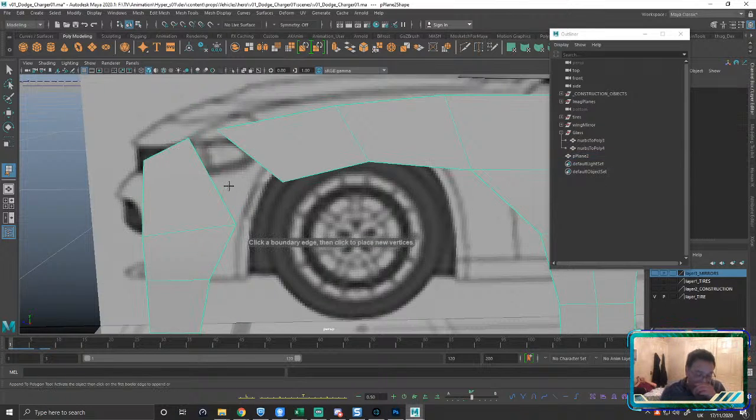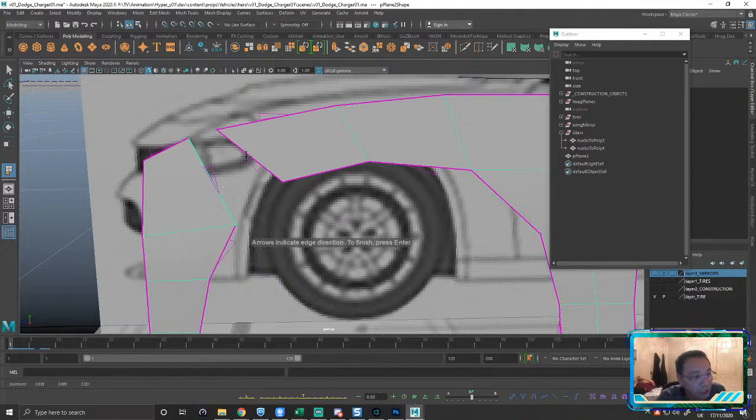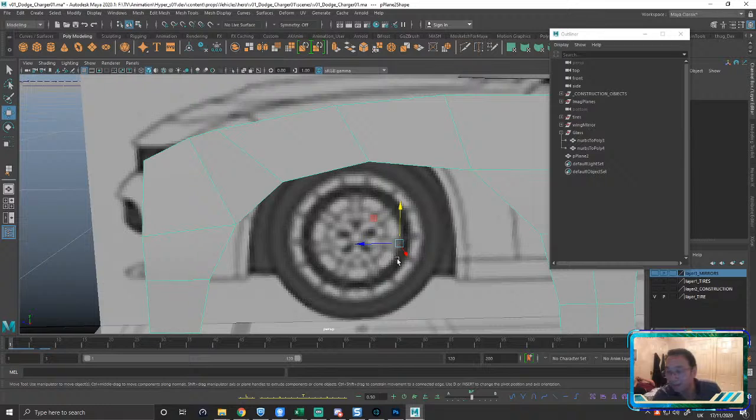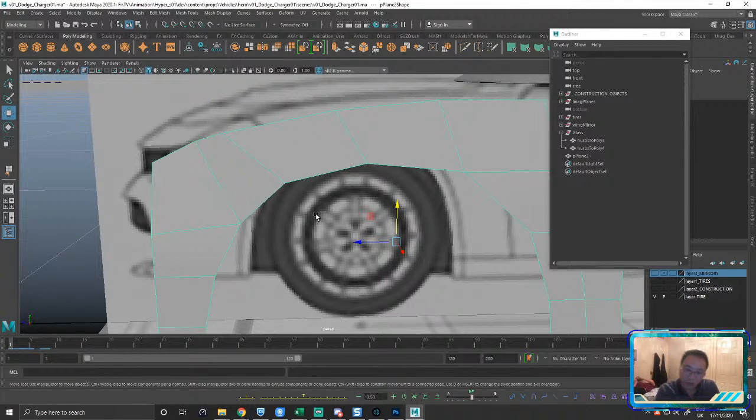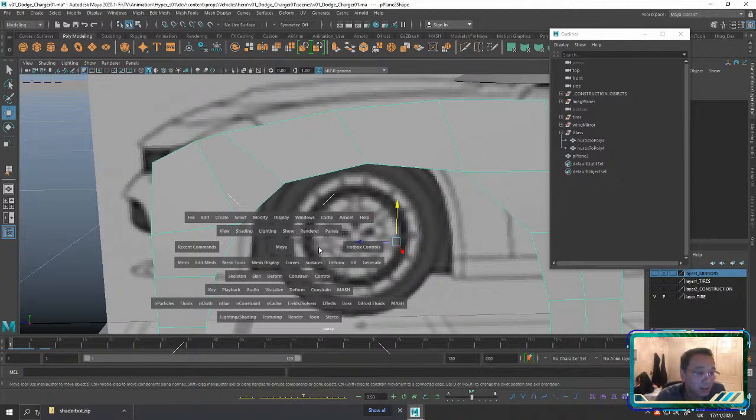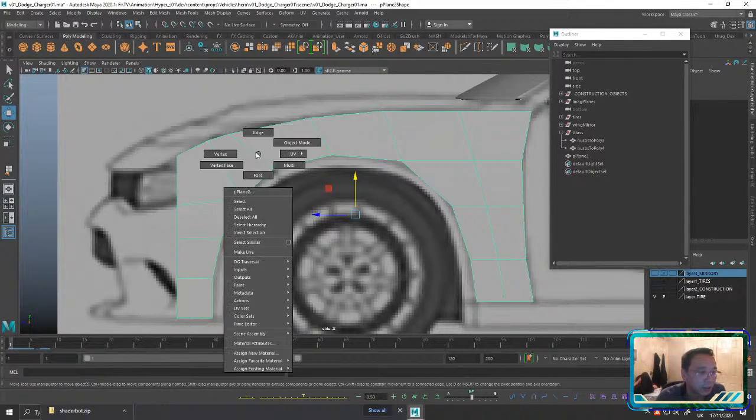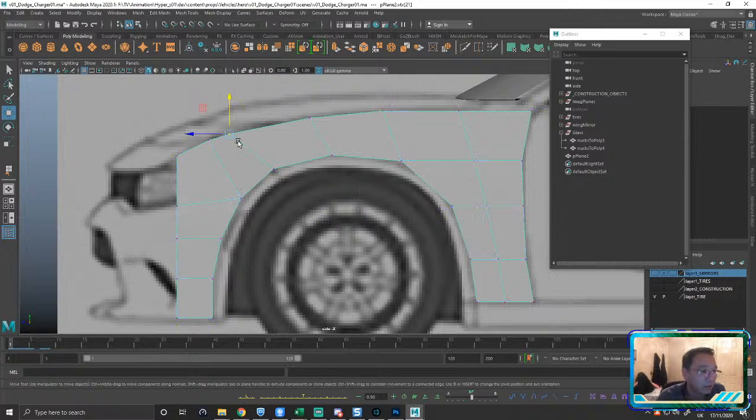The append to polygon tool is one of my favorites in terms of polygon modeling, or used to be back in the day, right? What this does is allows you to click on an edge, click on the opposite edge, and it just fills it in for you. Then you hit enter, there you go, joined up, right? So using the append to polygon tool, you can create custom shapes as a starting point, right? So then I can take a step back and go, you know what? I don't like how the line work is going, so I can make my fine-tuned adjustments here.